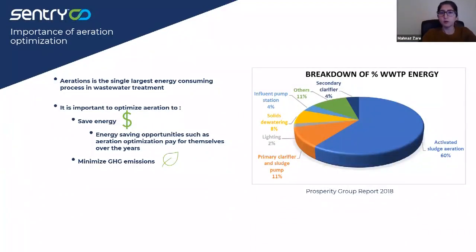So we are going to start with a quick discussion on why we aerate, some basic stuff and reminders. We are talking about the aeration process because it is the single largest energy consuming process in wastewater treatment plants. As shown in the chart, up to 60% of energy consumption in a wastewater treatment plant is due to aeration. So it is important to optimize energy consumption to save energy, which results in saving money for the plants,